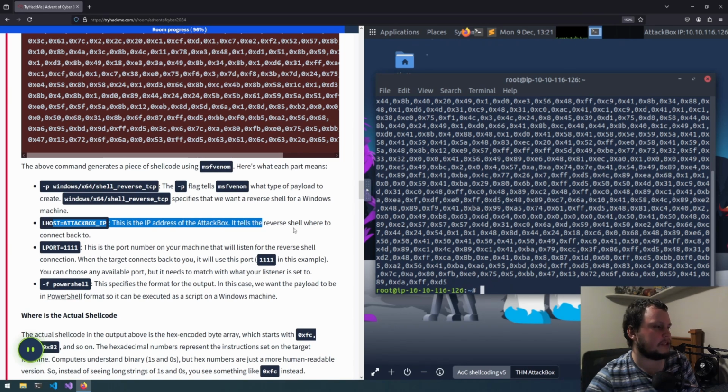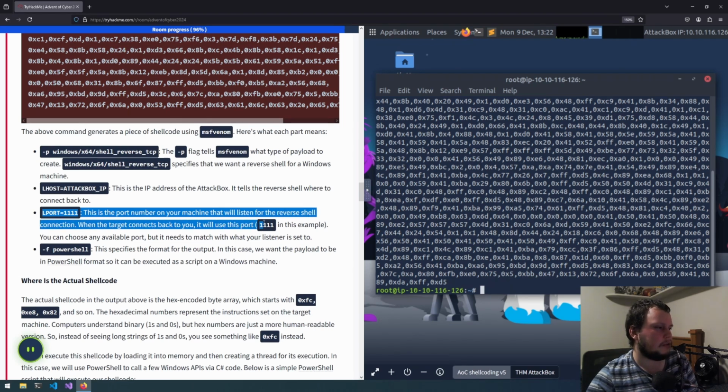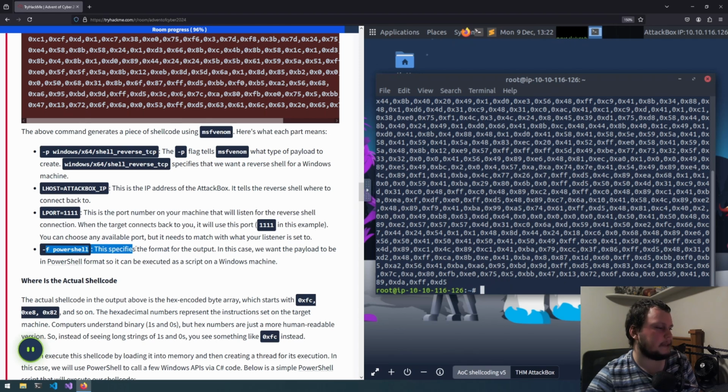It tells the reverse shell where to connect back to. LPORT=1111. This is the port on your machine that will listen for the reverse shell connection. When the target connects back to you, it will use this port. Then -f powershell. This specifies the format for the output. In this case, we want the payload to be in PowerShell format, so it can be executed as a script